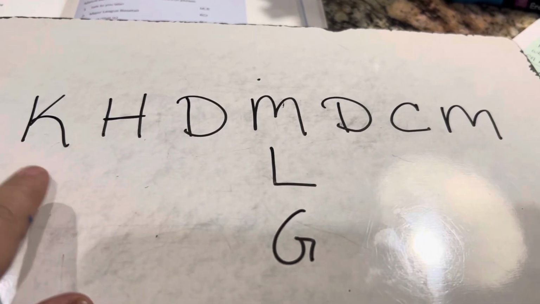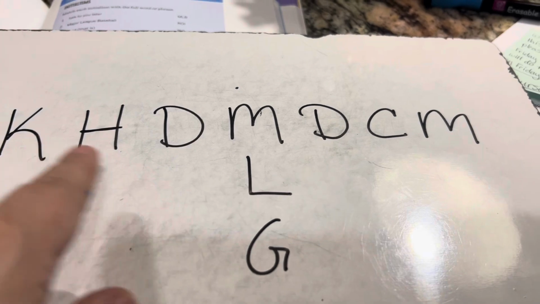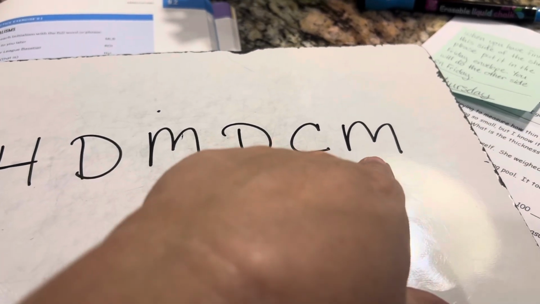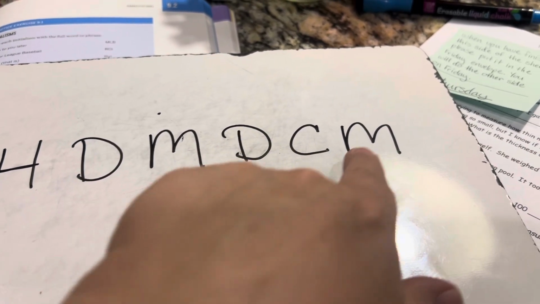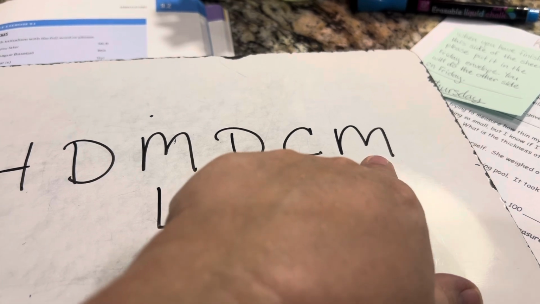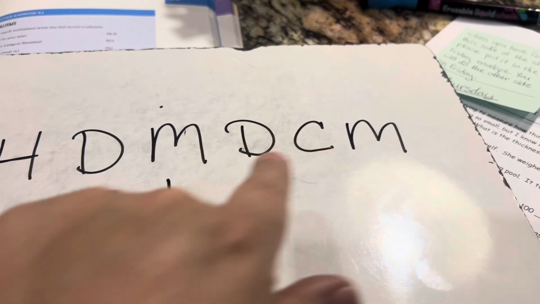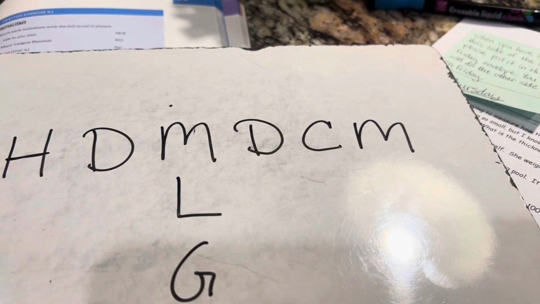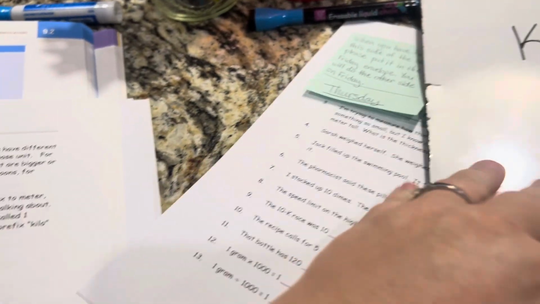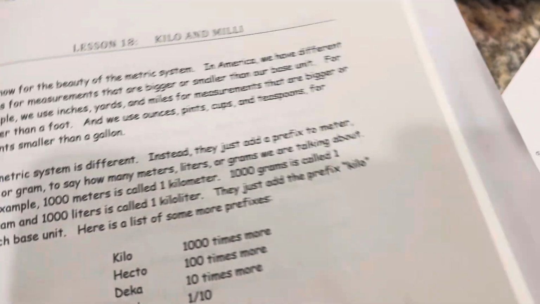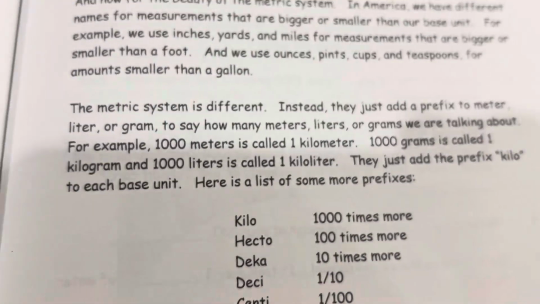So a kilometer is 1,000 meters. A millimeter is 1,000th of a meter, okay? So there's 1,000 millimeters in 1 meter, okay? That's how that works. So, okay. So it says in America we have